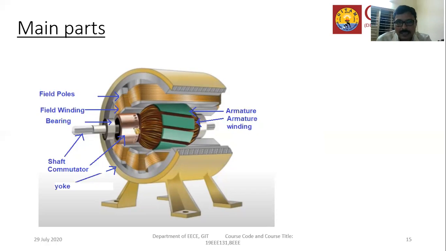So here the armature winding, or the conductor, is moving, and field poles are fitted to the outer frame of the machine. You can observe it in the figure, right? The field magnet is kept constant, and the conductors are moved in the DC generator. So the EMF produced in the DC generator is a dynamically induced EMF. Is it clear? You can observe that many poles are there in this generator.